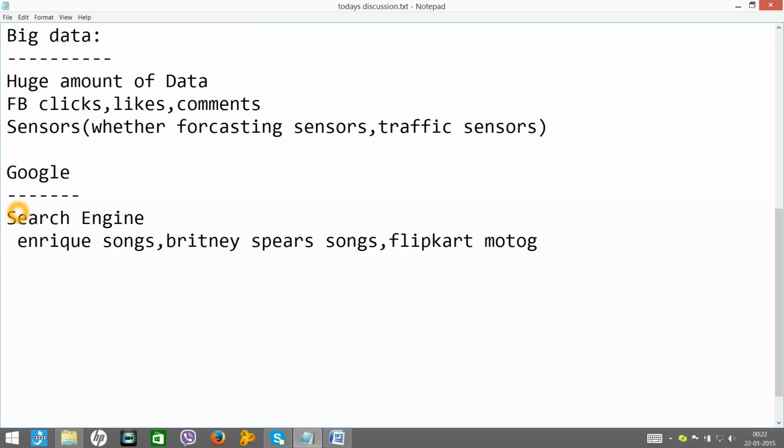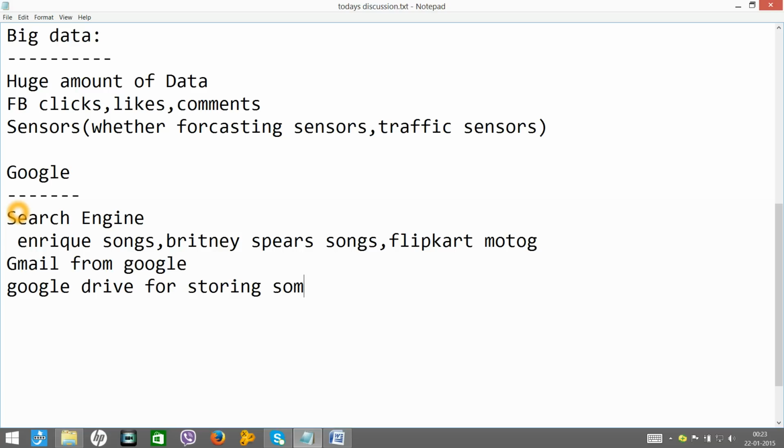I also use Gmail from Google for my mail. I may also use Google Drive for storing some data. I may also use Google Docs to share some data.